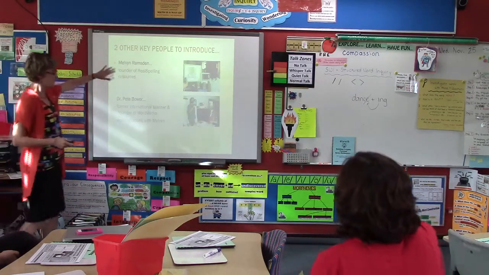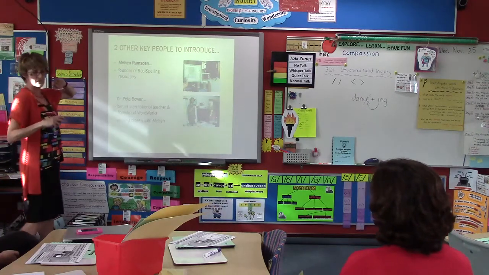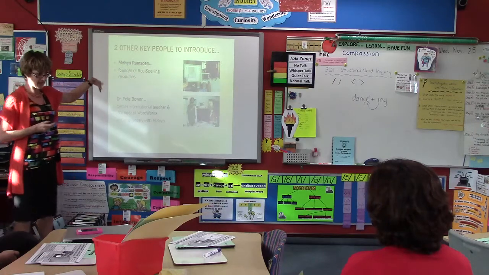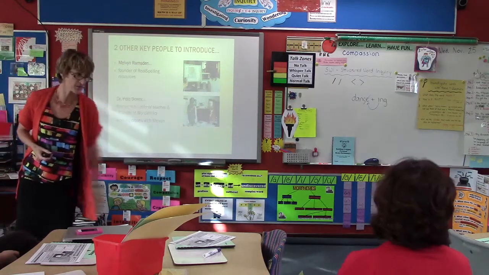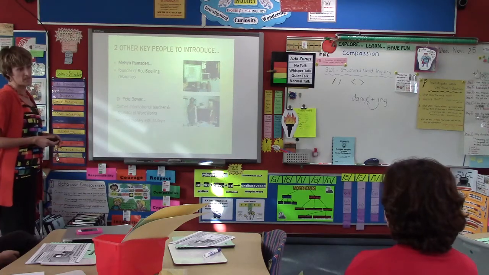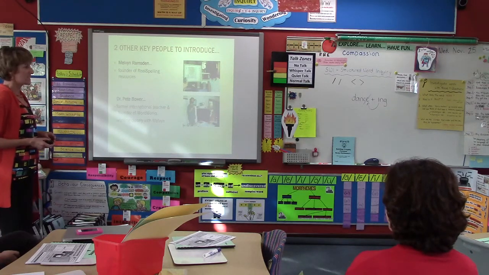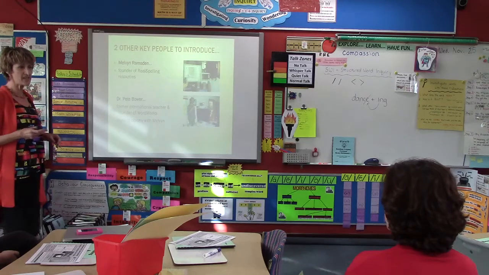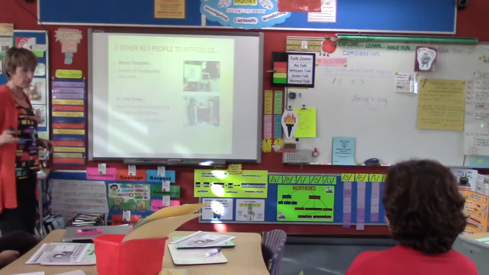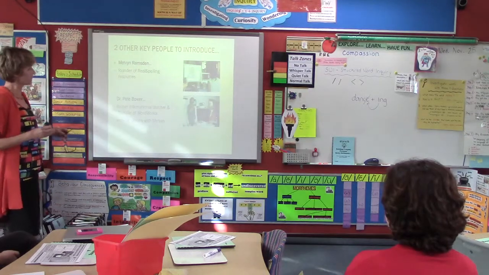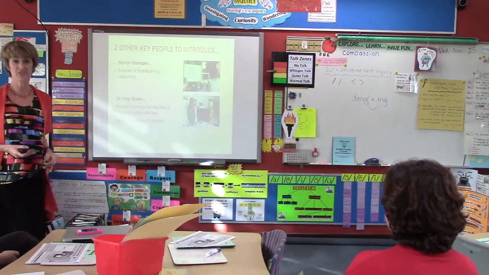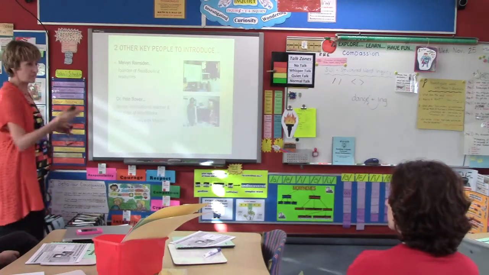So the two key figures and the information and contact are there. Melvyn Ramsden is the founder of RealSpelling. I've set up all the resources, the books on the table that I've collected over the years. He is the founder of this. He is a linguist himself. He is not about pedagogy. He is not about making materials to sell. All he wants is the truth about the English language to get out there,